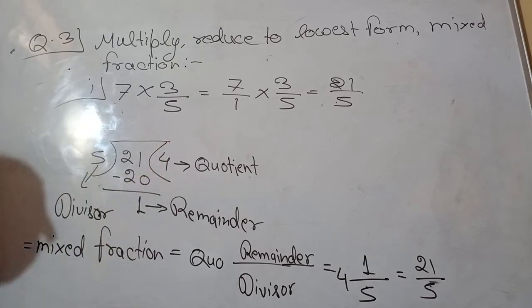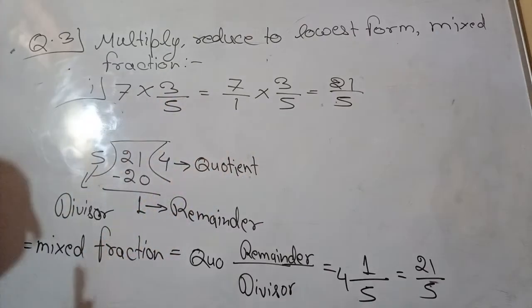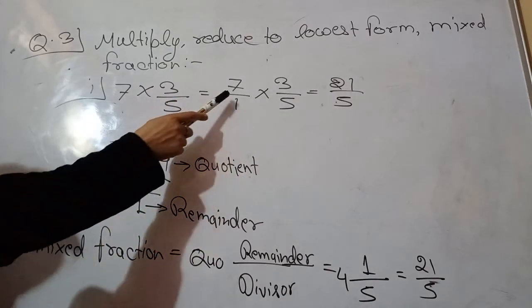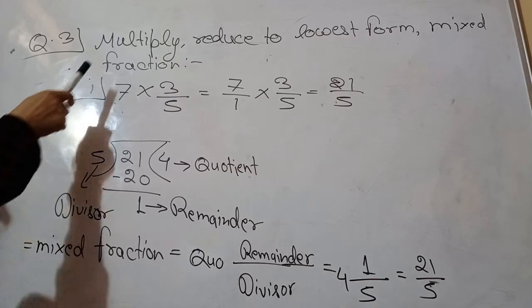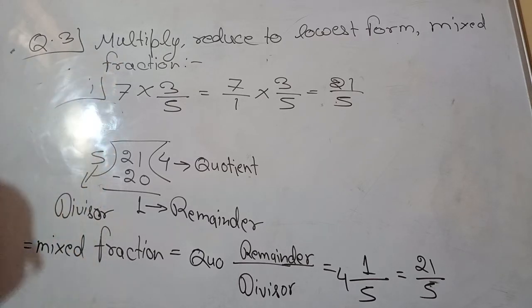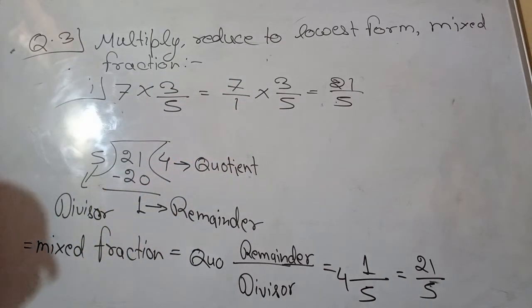Now according to the rule, how do we multiply fractions? Numerator with numerator and denominator with denominator. So 7 3s are 21 and 5 1s are 5. This is how we have converted the multiplication. Multiply the given fraction, first part is completed. Now the second part, reduce it to the lowest term. Lowest term means if the numerator and denominator are divisible, then we can divide both. But if not divisible, then we have to leave it as it is. So 21 and 5 are not both divisible by any number, so we cannot change it into its lowest form.